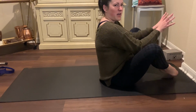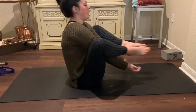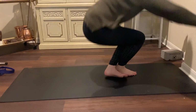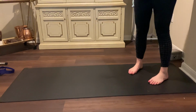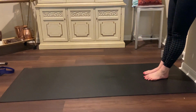I'm going to scoot a little bit back away from this wall so I have enough range of motion to stand up, okay? So hands on top, tap, roll all the way back there, hands clasped. We come all the way up to standing, ta-da! We're now going to turn around and stand up against our wall, okay? I have some stuff up here that I can't stand all the way up against it all the way,